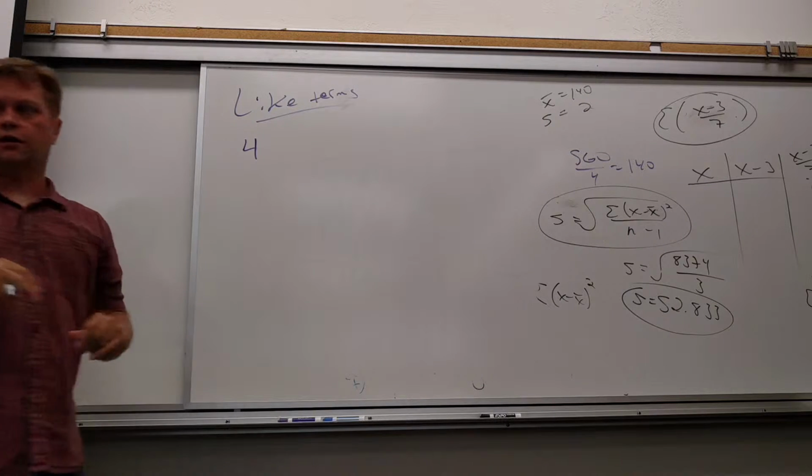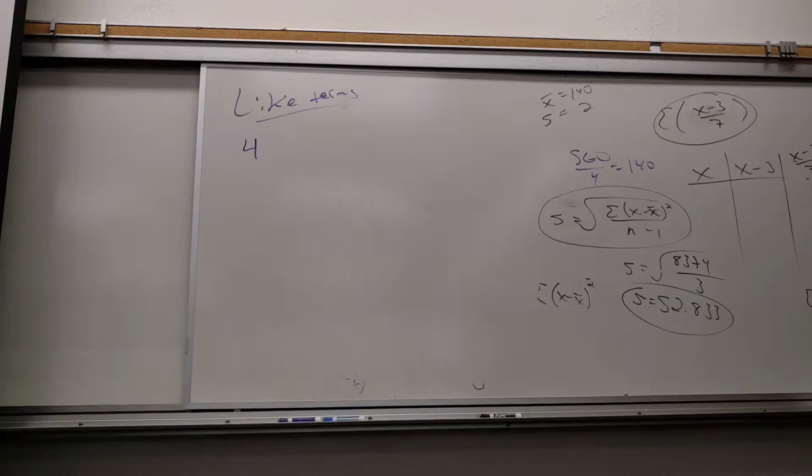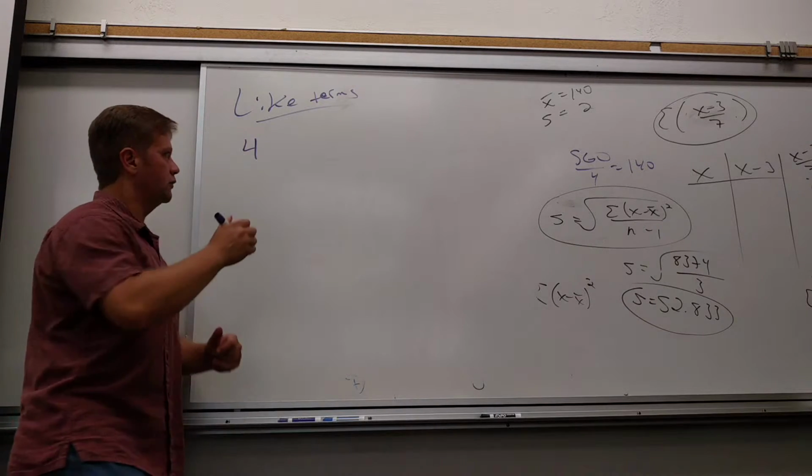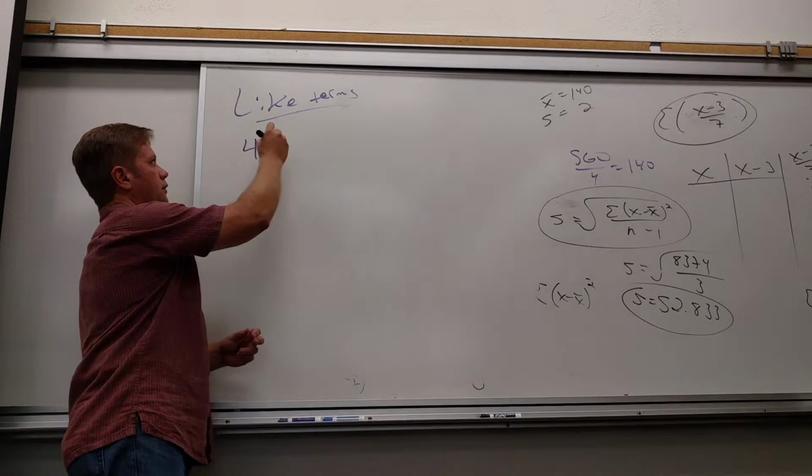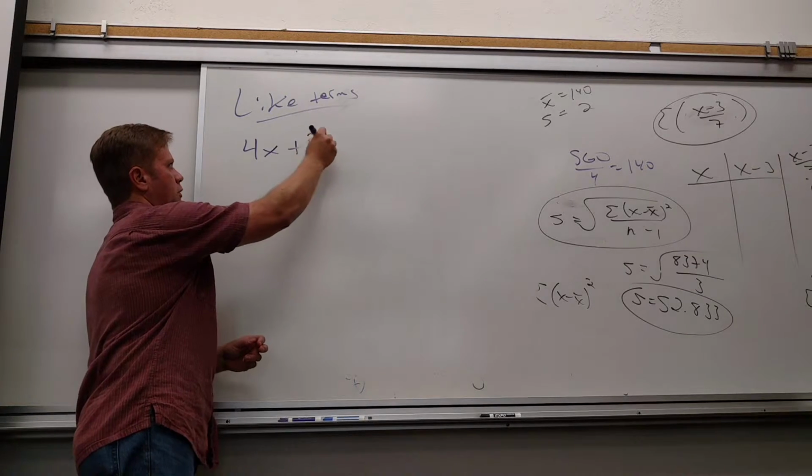So if I said there are 2 chairs there, and there's 2 more chairs there, I got 4 chairs, right? But if I said there are 3 pineapples there, and 2 chairs over there, I don't have 5 of anything. I don't have 5 pineapple chairs. That's weird. It seems like it would hurt. Pineapples, you ever held them? That's the next level of chair we're going to get to here. So yeah, if I had 4x plus 2x,